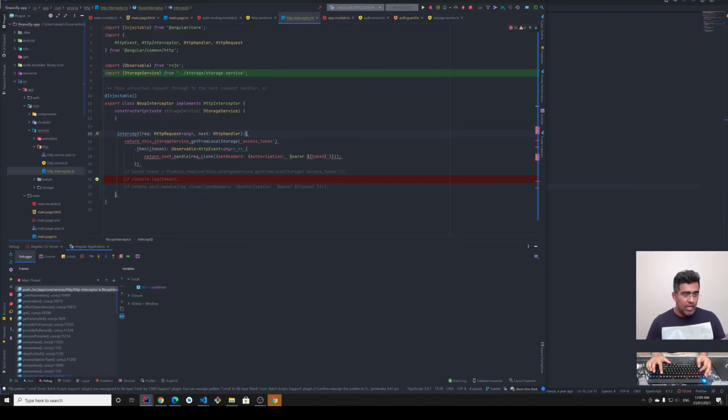If I don't do that, then it will just, let's make it async and do token. Once we get the token,